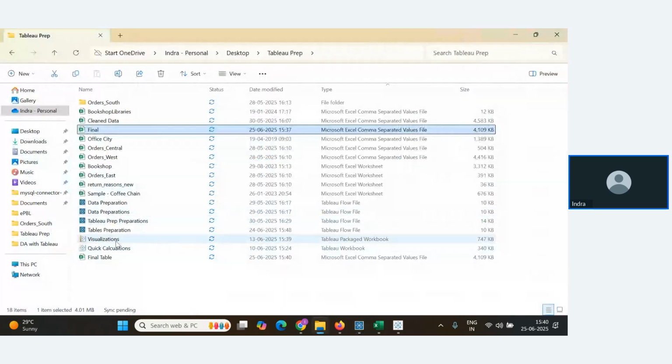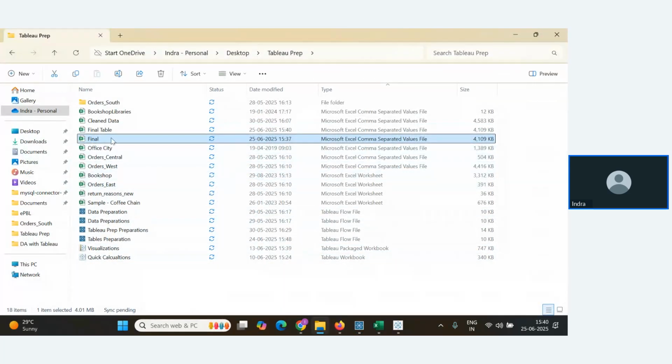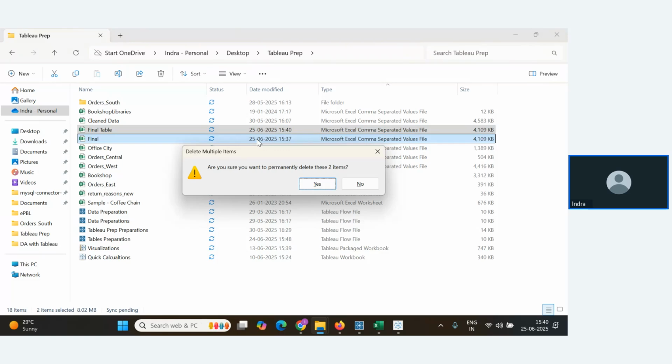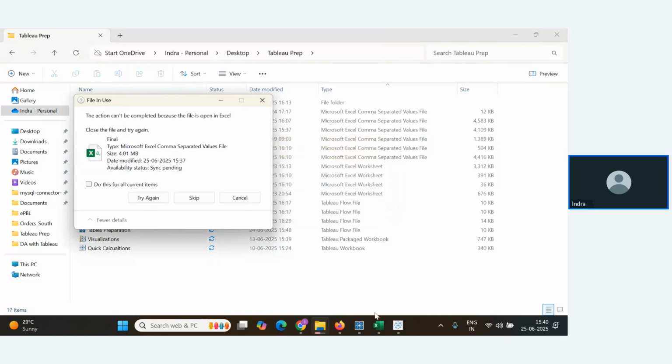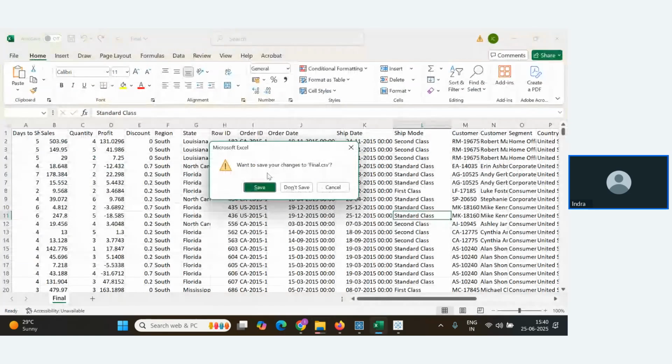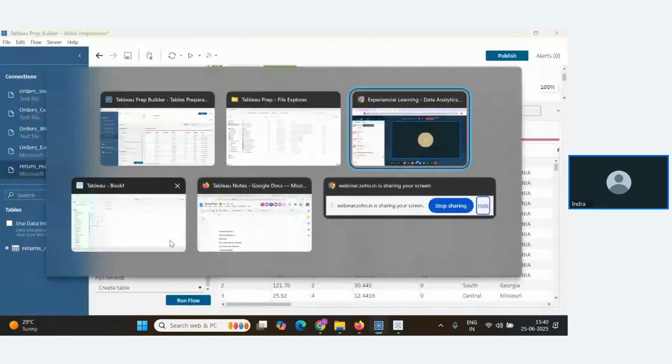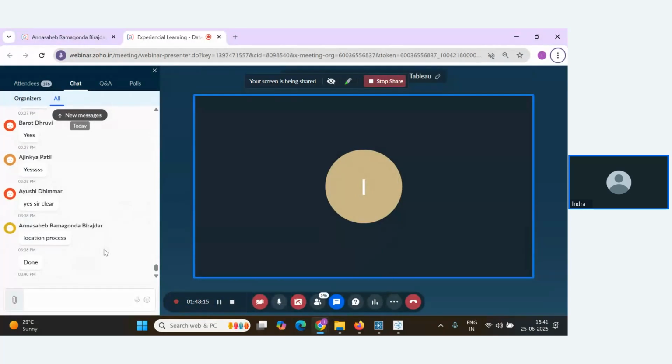If you see here, I've got my final table somewhere here, final table 340. Now that table I can directly load into my Tableau Desktop for further processing. Clear? Everybody, is it clear?